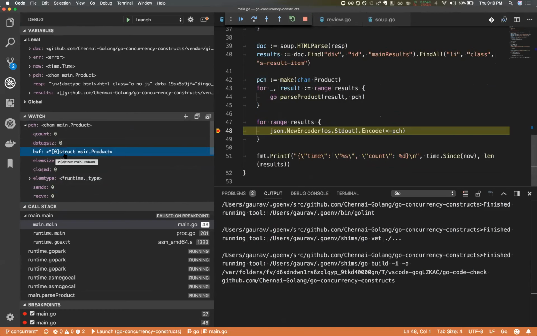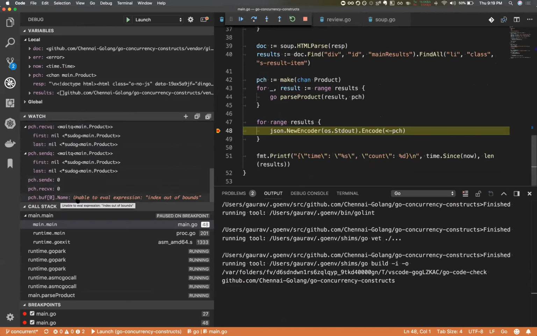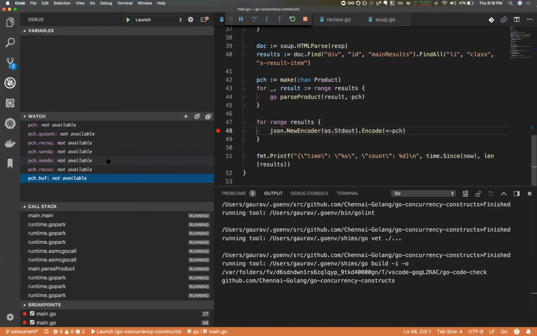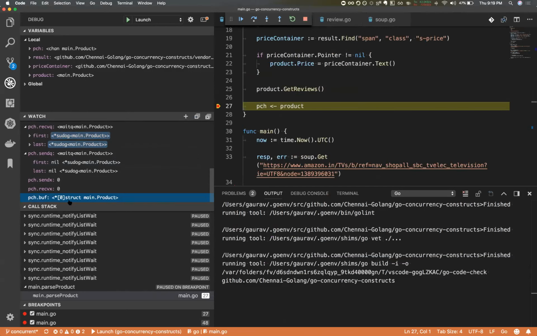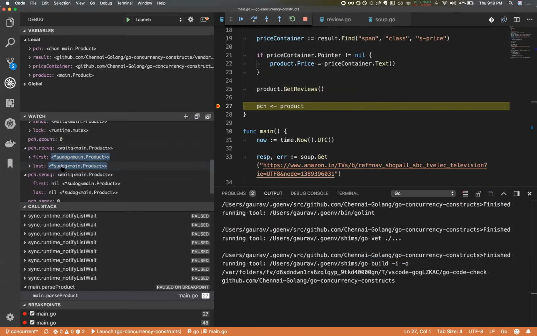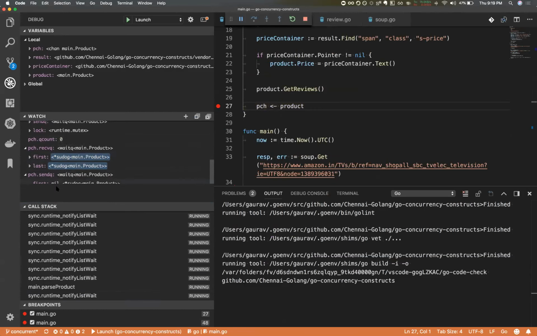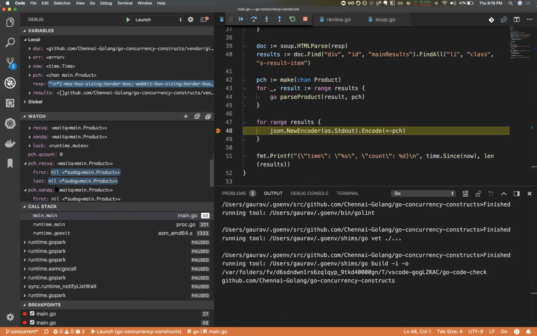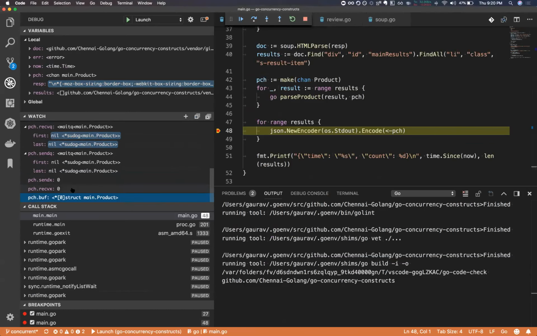It's still an array which has just one item. Let me execute this. I'm just waiting for it to execute. So it has received. So receive is blocking. Send queue is still empty. Now it has received. It has passed out data.